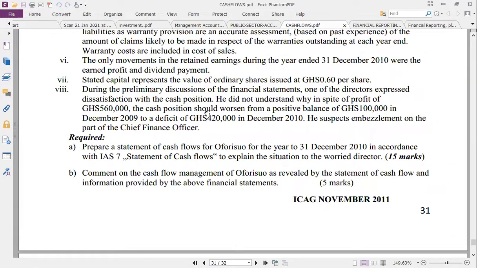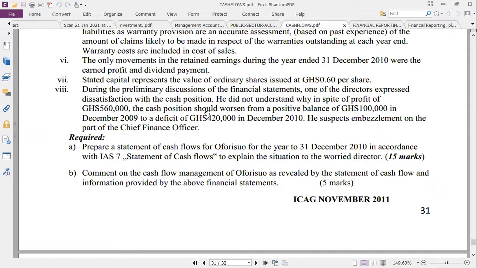This one is very common, especially if it's an NGO or where the head does not have an accounting background. If the CEO does not have any accounting background and you go and report this to the CEO, he will not accept it. He is going to ask you, meaning, where is the money? Where did the money pass? That's the language they understand. Apart from money, no other language.